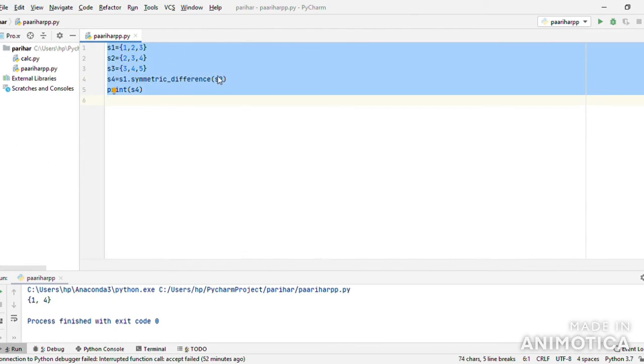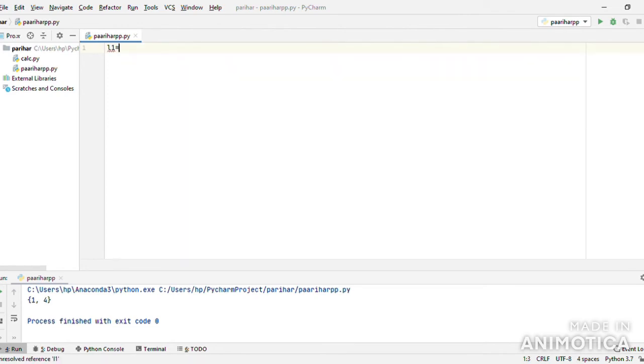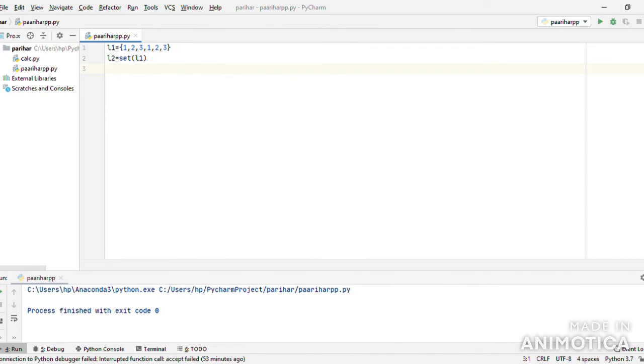We all know that set removes duplicate values. So let's take L1 equals 1, 2, 3, 1, 2, 3, and L2 equals set L1. This will convert our list to set and will remove the duplicates. But now this is converted to set. We can again convert this set into list.